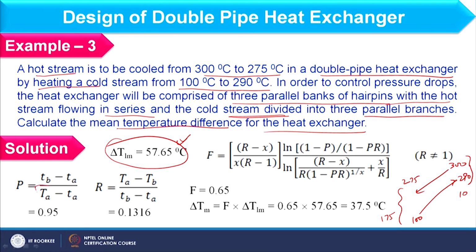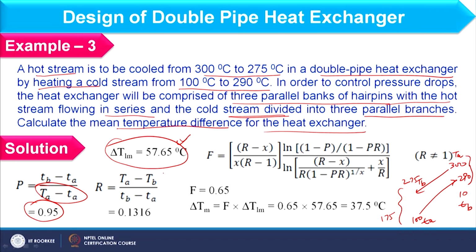Okay. So, this capital TA minus small ta is the maximum driving force available in the system. So, all values are known to you. You can simply find out P as 0.95,